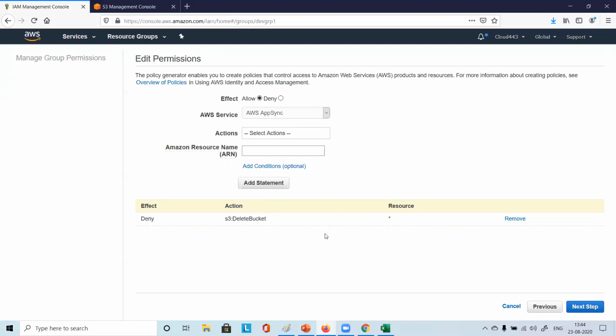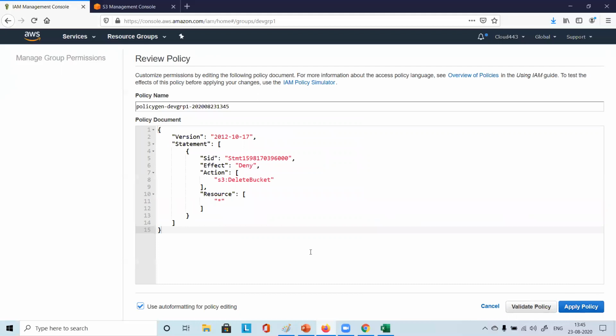This is an inline policy, right? And then we say next step. Here we have not defined all actions. If instead of delete bucket I say asterisk here, then what will happen? Tell me.